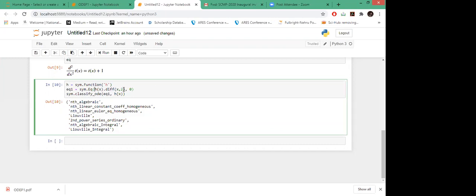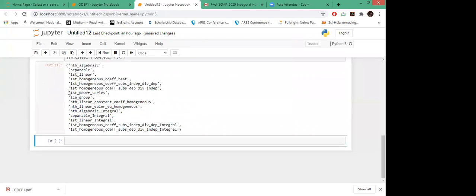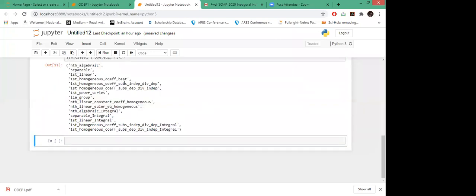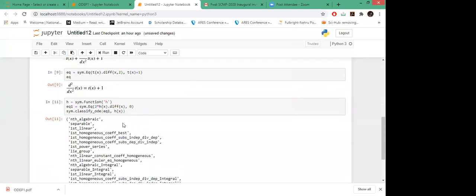If I take it first order, let's make it first order and see. After changing the order of this equation, I am getting first linear, first homogeneous coefficient, right? So these are all the outputs based on the equation you are passing.